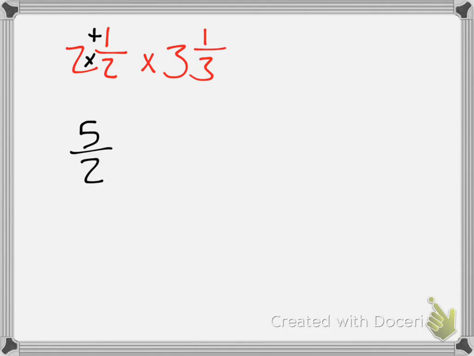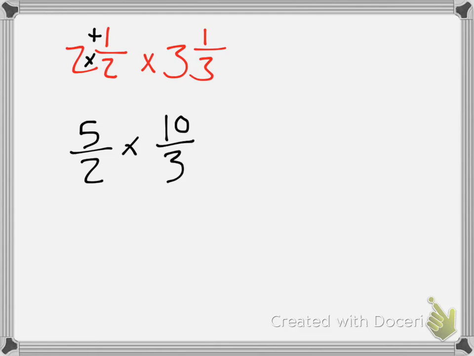It's just as easy. You just need one additional step. Let's go with 2 and 2/5 times 3 1/3. So when we're multiplying, the only additional step you need is changing them into improper fractions. So when I'm changing 2 and 2/5 into an improper fraction, I multiply the denominator with the whole number. 2 times 2 is 4. Add the numerator, 4 plus 1 is 5 over 2, times, this side is 9, 10 over